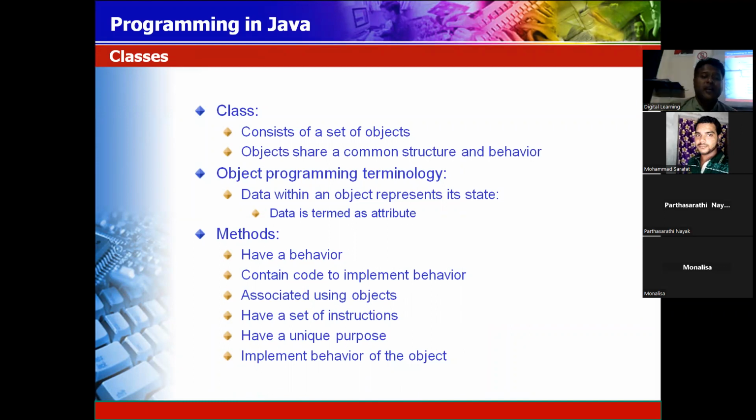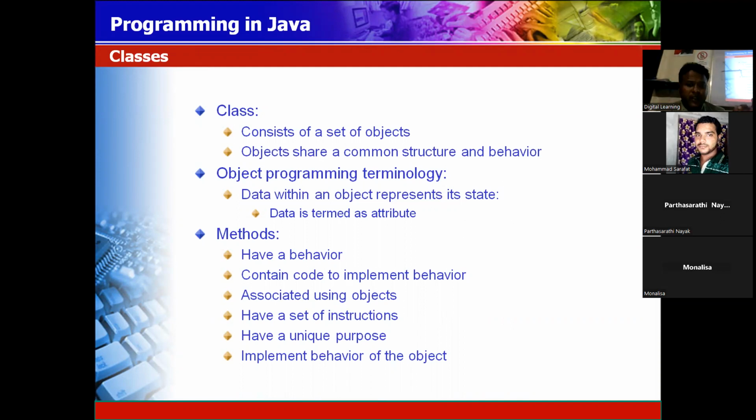Data is termed as attribute. The one for whom I store information is called the entity. I am storing the information for you, that means you are called the entity. When I store information about your name, your contact number, that is called the attribute. The one for whom I am storing the information is the entity, and the information I am storing, like name, contact number, address, is called the attribute.